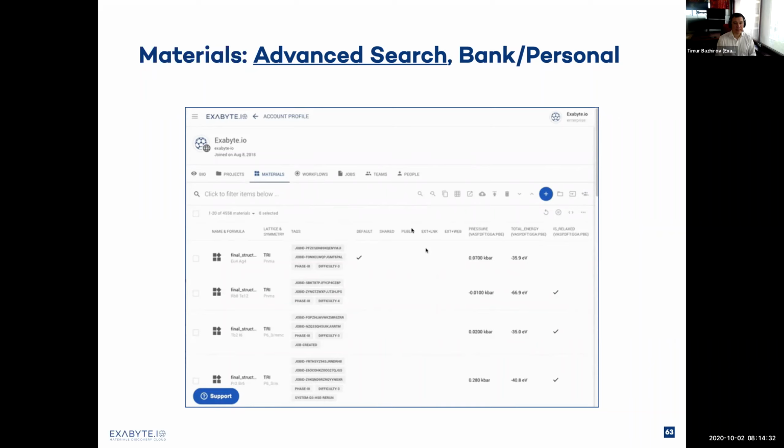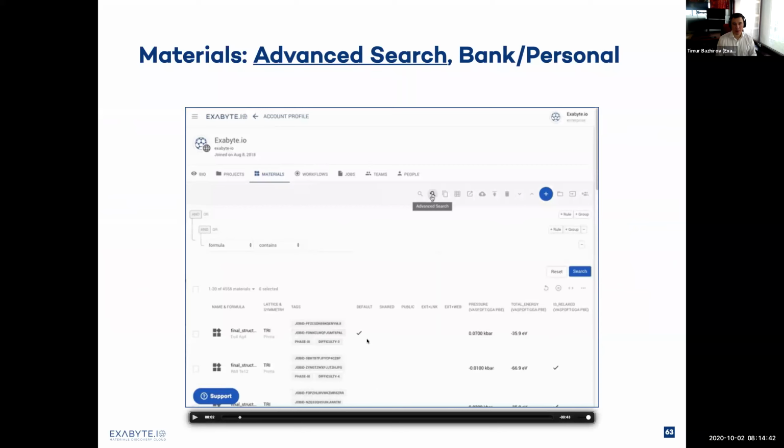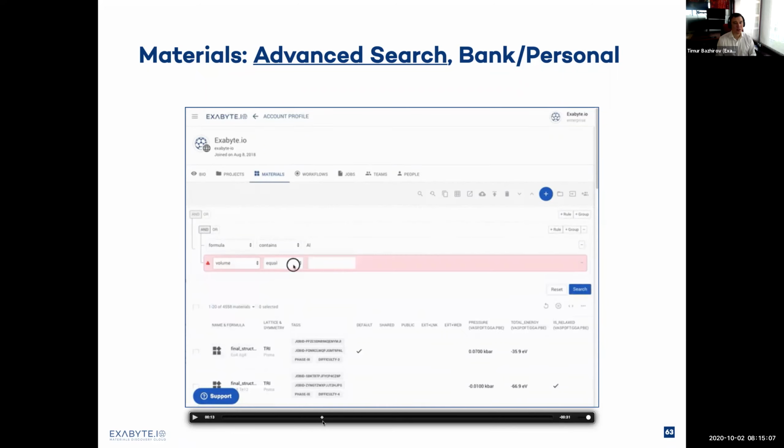Now, in many cases, searching by formula is not enough. And for that, we have implemented the advanced search functionality. And here is how it works. If you click on the advanced search tool action in the toolbar, we are presented with the query builder. And this query builder allows us to build sophisticated queries using logical conditions and keyword search. So in this example, I will utilize a set of keywords, starting with the formula, proceeding with the